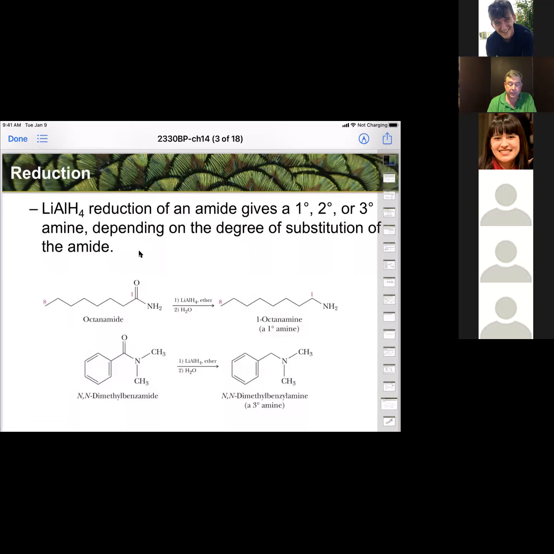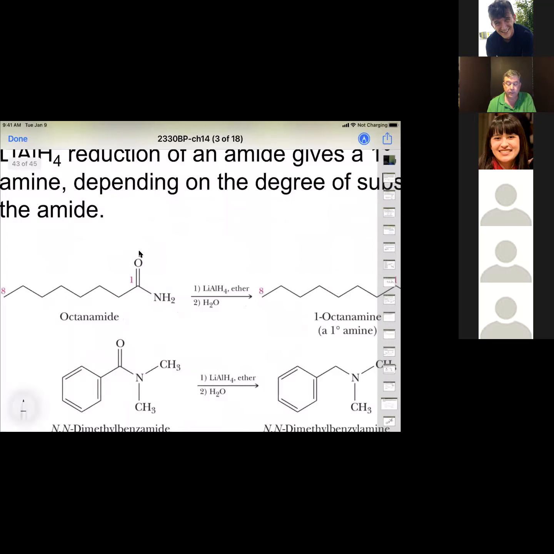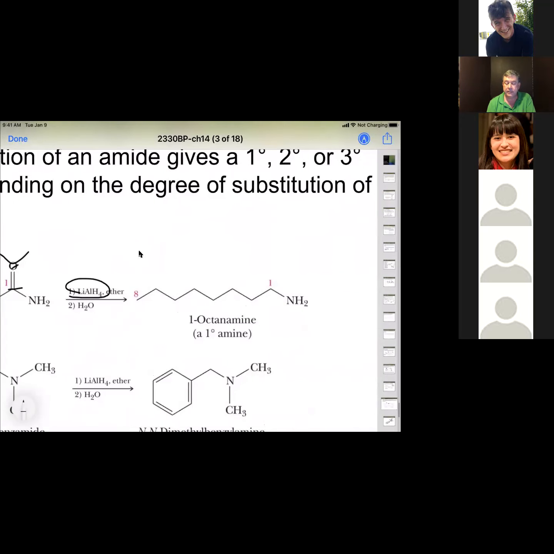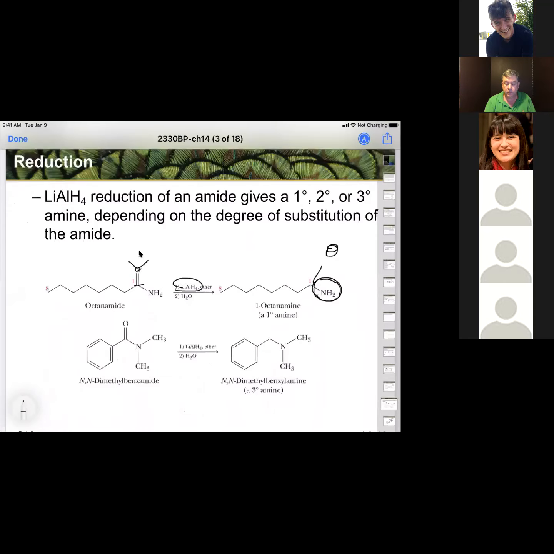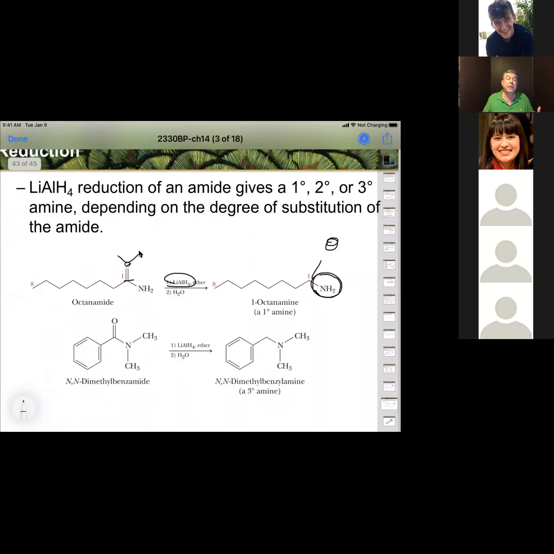So if we took something like this octanamide here, and we used lithium aluminum hydride, it's going to reduce this down once, and then it's going to reduce off the oxygen. Notice our final product has the oxygen removed. Only the nitrogen stays, okay? In the case of the ester, we ended up with an alcohol. In the case of the amides, we end up with an amine,